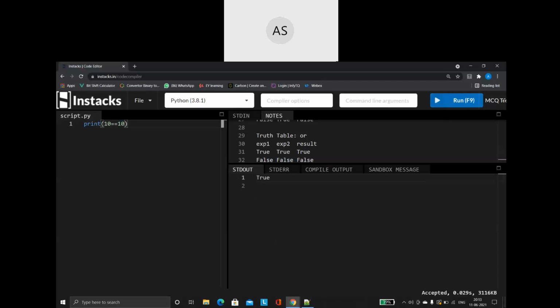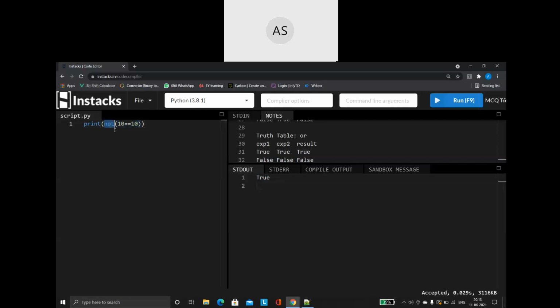Now let me apply the NOT operator on this. NOT. So this is my expression. If I run only this expression, the result is going to come as true.